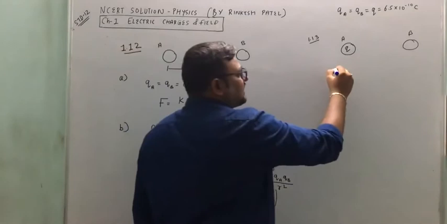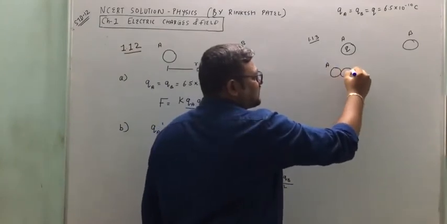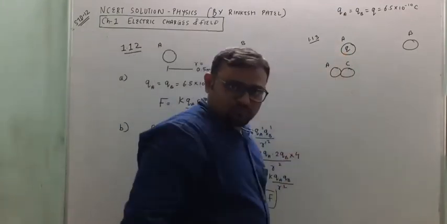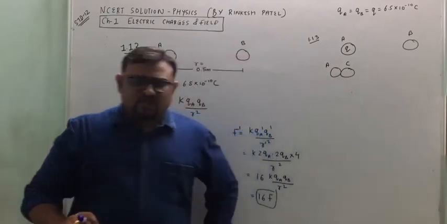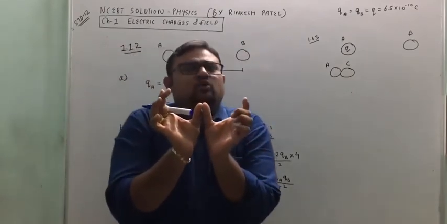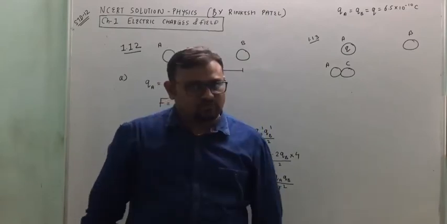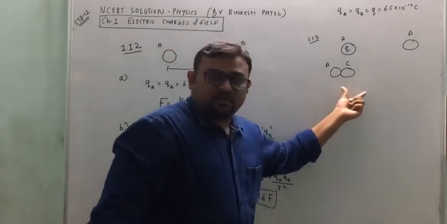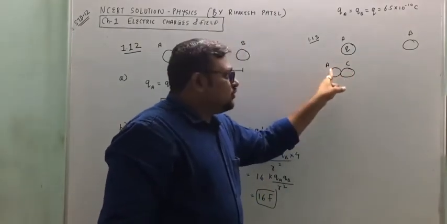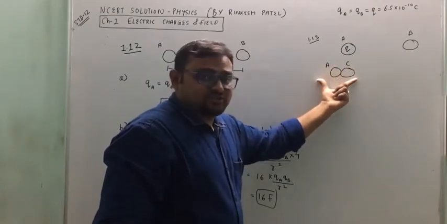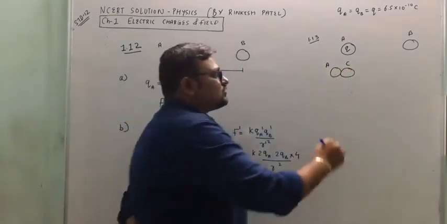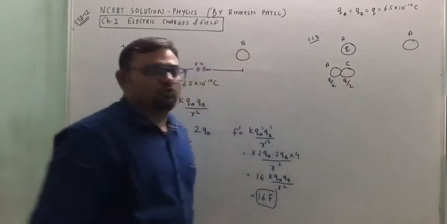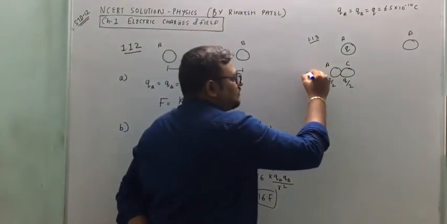Now they are taking sphere A and let's take another sphere C. This was having charge Q. C was having 0 charge. So when two conducting spheres are kept in contact, the charge will distribute. Now both are having identical size, so the charge will distribute equally. The total charge at present is Q in A and 0 in C, so the total charge is Q. Now this will distribute equally, so now the charge in A will be Q by 2 and C will be Q by 2. This is the first step they are doing.